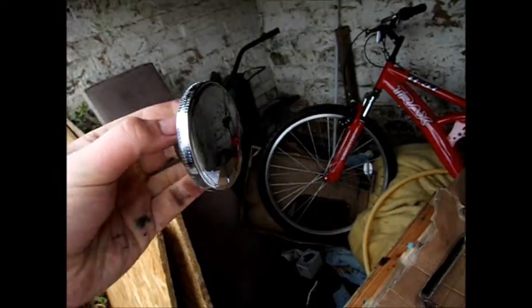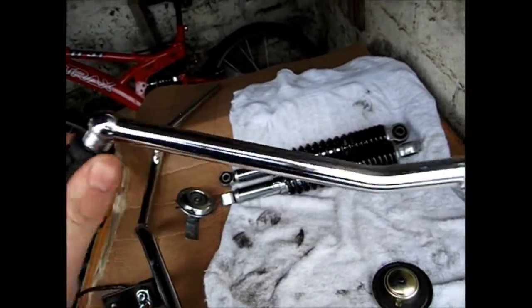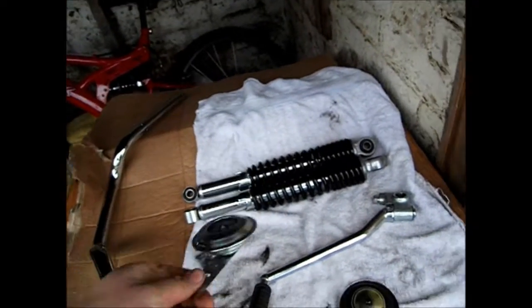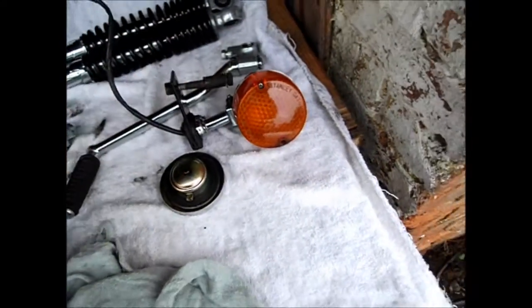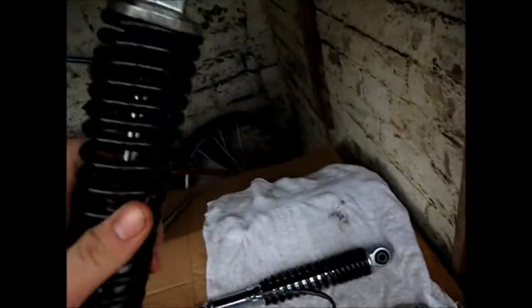The fuel cap, don't want to show my reflection. Kickstart, looking rather spiffing. The horn, there's one of the rear indicators, the other one's still away, but nonetheless cleaned up alright. That's only gone on for the MOT and then it'll be changed. And the bit I'm so pleased with,